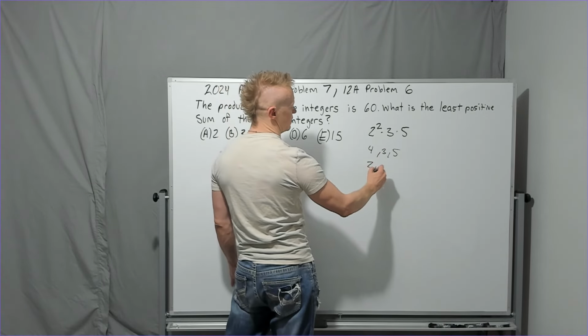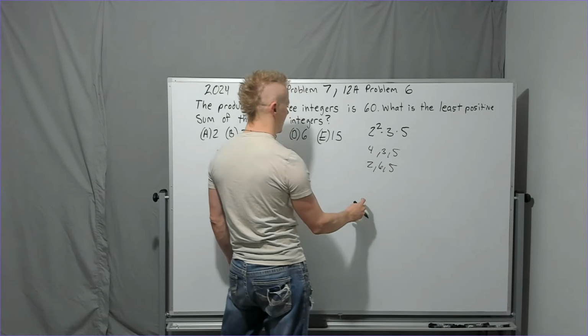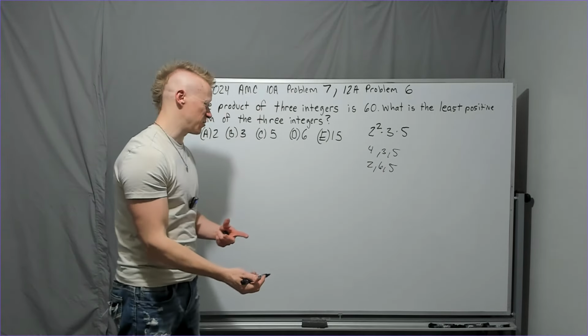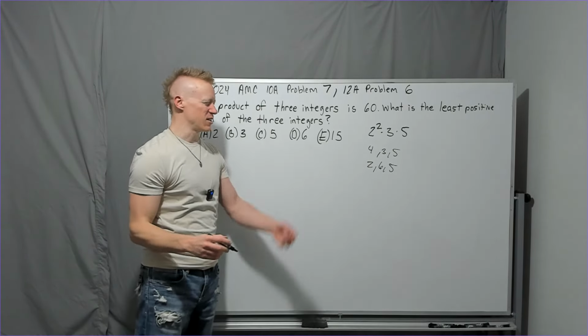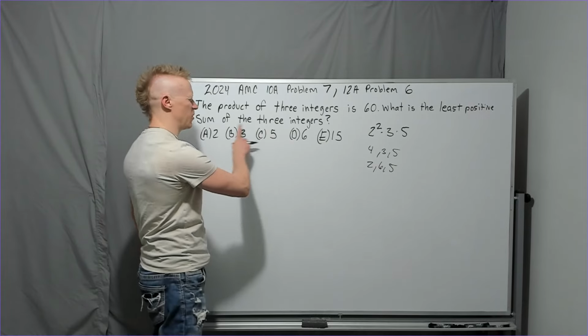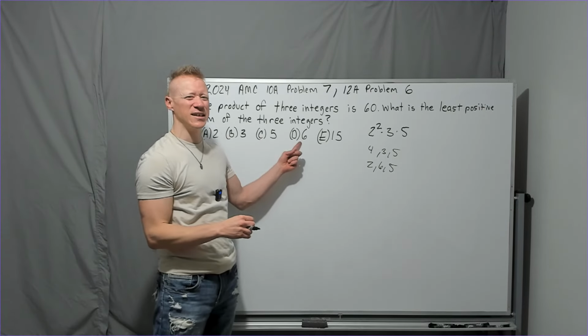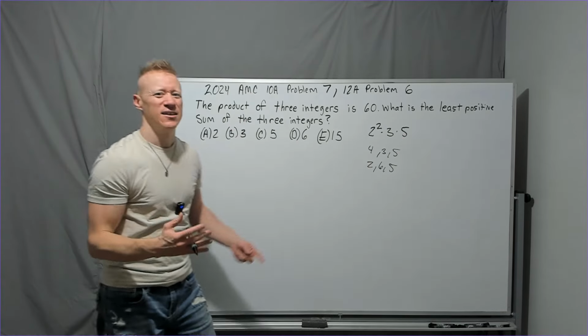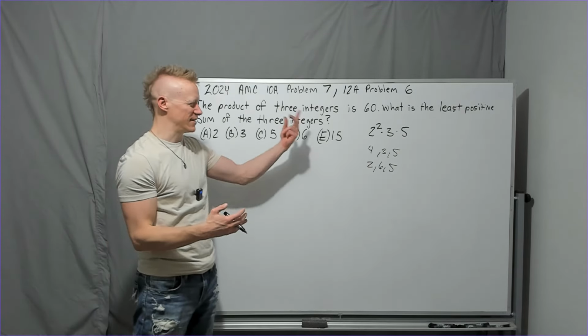Okay, well I guess I could do 2, 6, and 5. And again, I'm getting 13, which is larger than 12. It's not getting any better. It's also not one of these answers. And why are these still? How could I ever get a sum of 6 or 5? 5 alone is 5 already, and you've got the other...